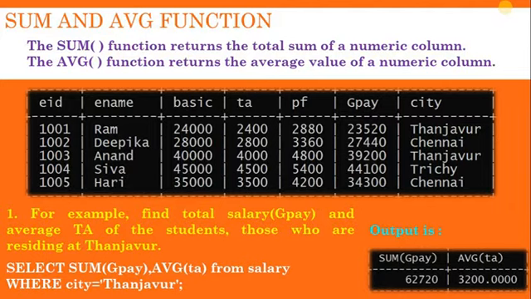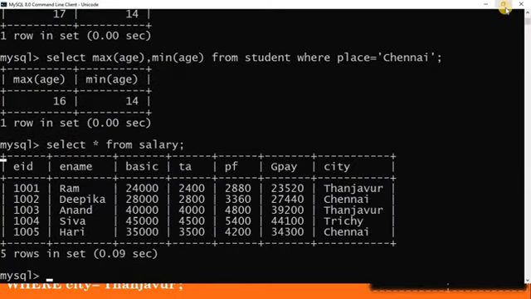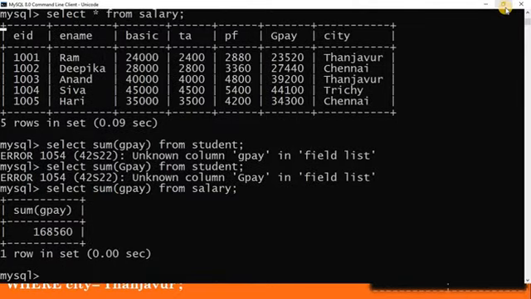I will show it in the MySQL command line. Now I am going to select the salary table: select star from salary. See the table. From this table I am going to find the total salary for all the staff members. Here I am going to give a query like select sum of GPay, that means gross pay, from student. What is the error? Oh sorry, it's the salary table now. I have to give the table name as salary. Select sum of GPay from salary. Total salary for all the staff: